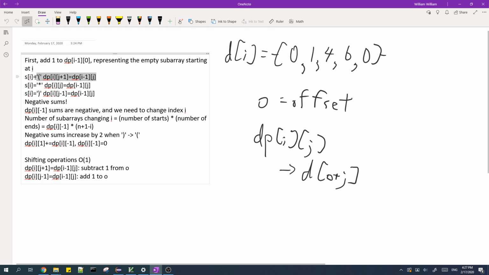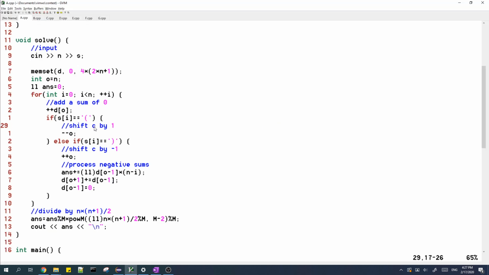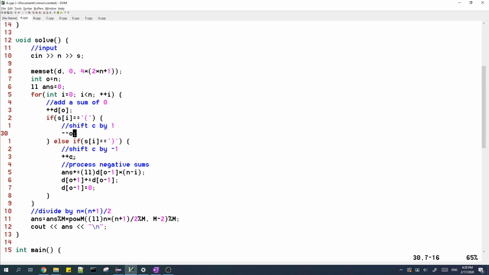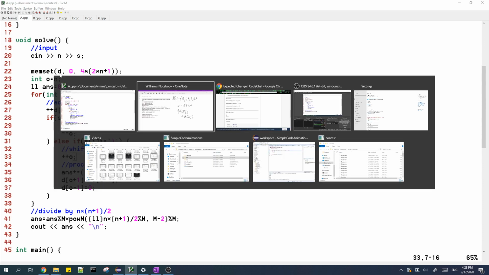Then next, if the new character is an opening parenthesis, then that means we add 1 to all sums. So we shift everything by 1, which means that we subtract 1 from the offset. And then the last case is when the new character is a closing parenthesis. If that's the case, we subtract 1 from each of the sums. So we shift the sums by -1, and instead we add 1 to the offset. And after we shift the array,